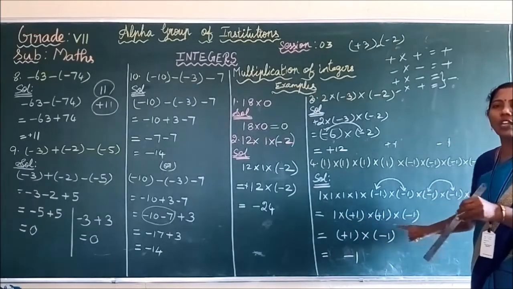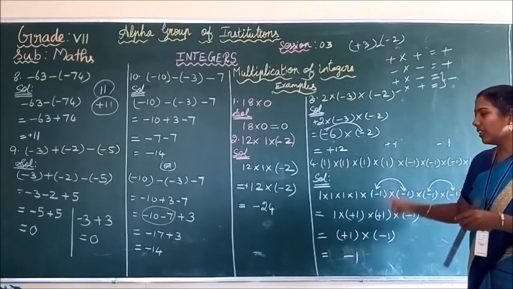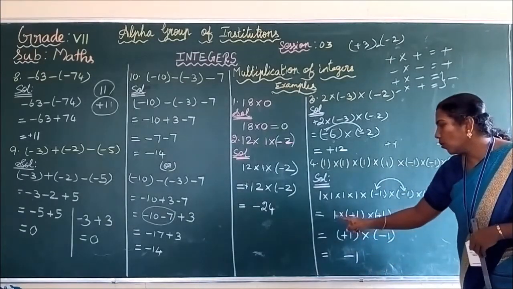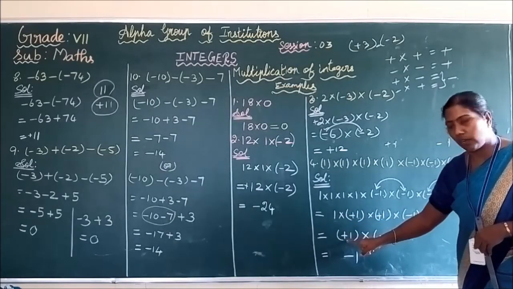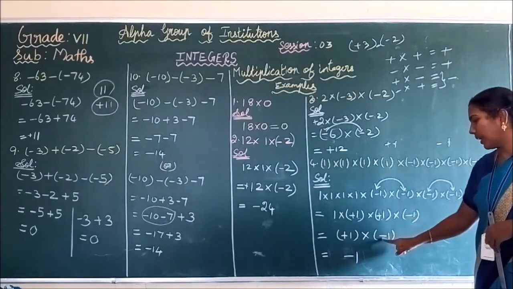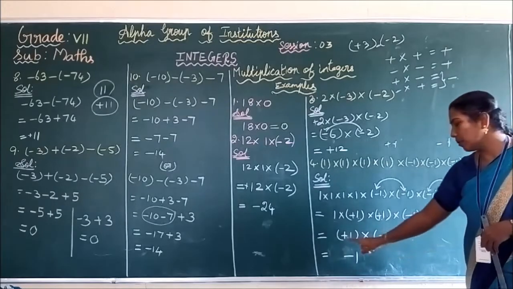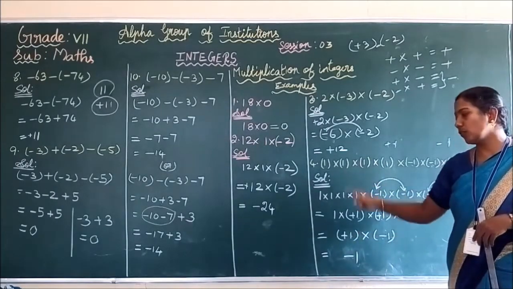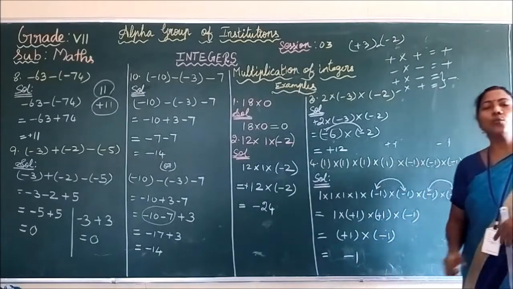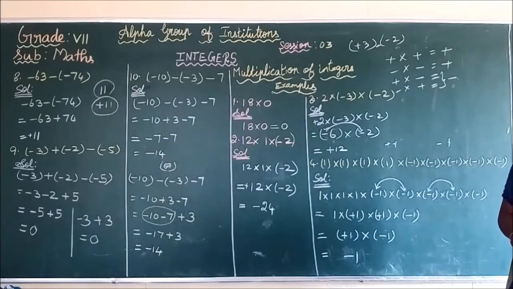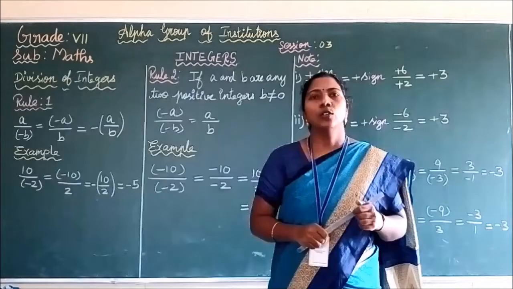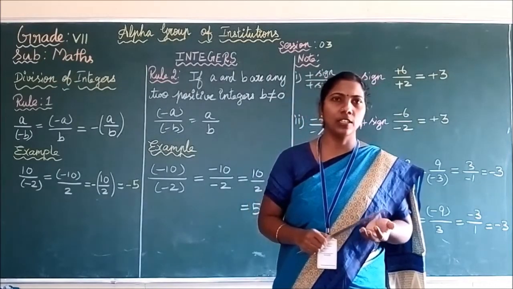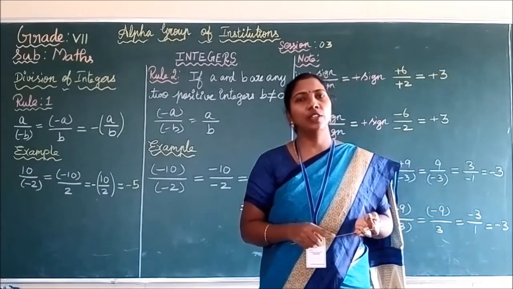If you multiply the 1s, you get the answer 1 only. The matter here is, what is the symbol of the 1? This is the matter. Now 1 into plus 1, you get plus 1 only. Plus into minus, minus, 1 into 1, 1. Again, plus into minus, minus, 1 into 1, 1. Thus you get the answer minus 1. I hope you understand the multiplication of integers. Is it clear, children? So far, children, we have seen addition of integers, subtraction of integers, and also multiplication of integers.